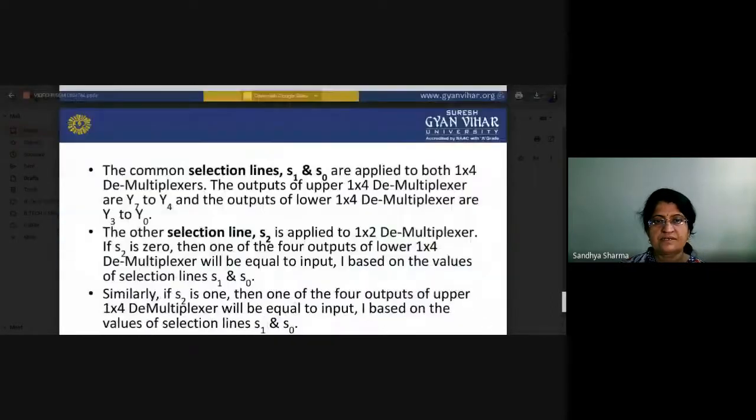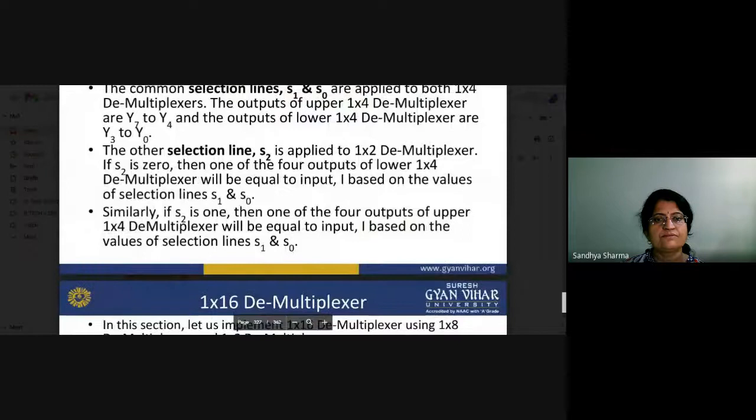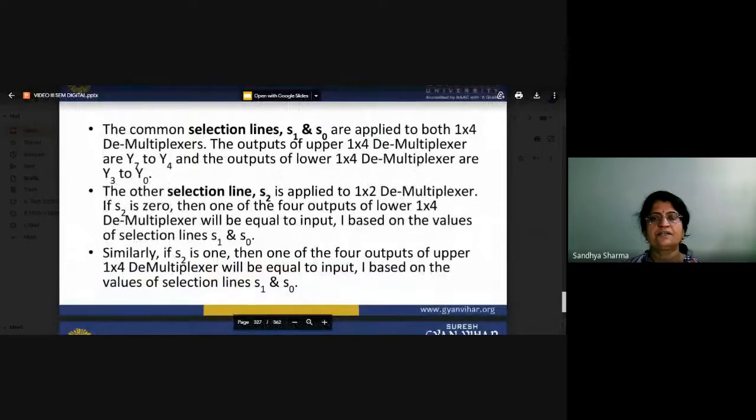So now we will see the common lines. What is the basic functioning? S1 and S0 are the selector lines applied to both 1 raised to 4 demultiplexers. The output of the upper one is Y4 to Y7, and the output of the lower demultiplexer is Y0 to Y3, so that is basically the sequence of that particular output. Then you have to apply the selection line to the 1 raised to 2 demultiplexer.